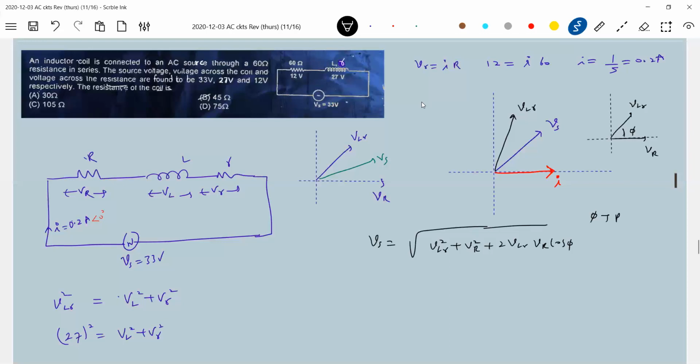If I know this phase angle, this is the phase angle of the circuit. What is phi? Phi is the phase angle of the circuit. After getting this phase angle, can we define the total impedance of the circuit? Because now we know current and applied voltage. Then we know the total impedance of the circuit. So total impedance of the circuit, Z, is equal to Vs by I. Can we write the Z in any other form? Can I also write it like this?